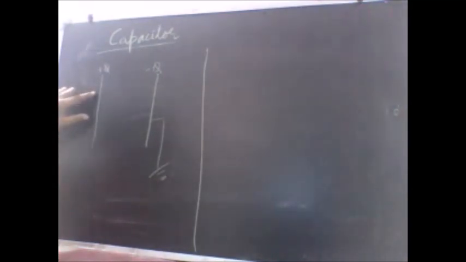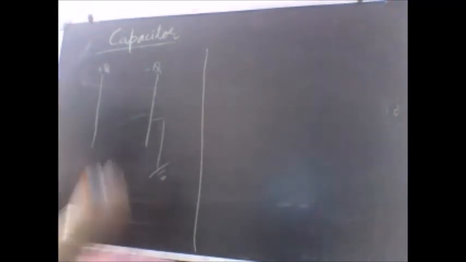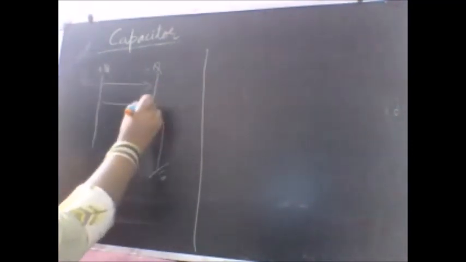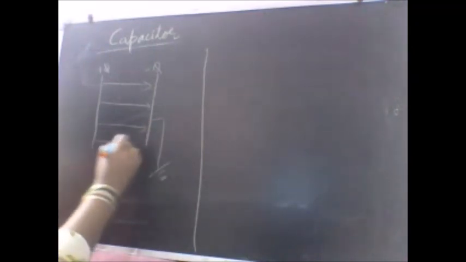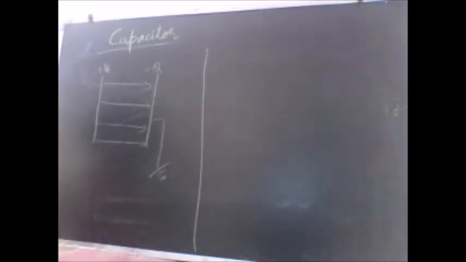Now have a look at both the plates. Isn't this exactly identical to the case when we studied the parallel plates, one positive charge density and the second one a negative charge density, and we used to calculate the electric field between the two. The electric field formula that we used to derive for the parallel plates, which are oppositely charged, was E is equal to sigma by epsilon naught. This was the expression for the electric field.